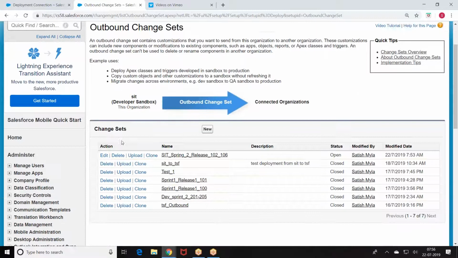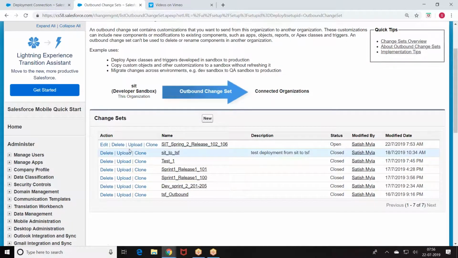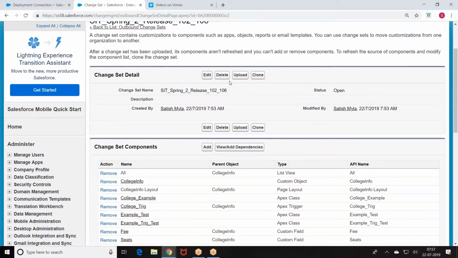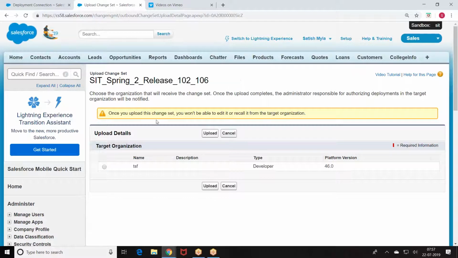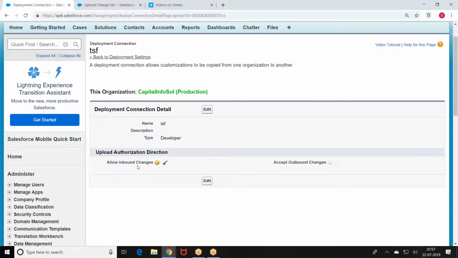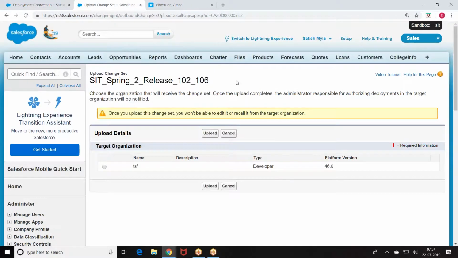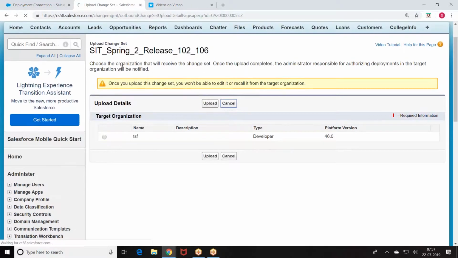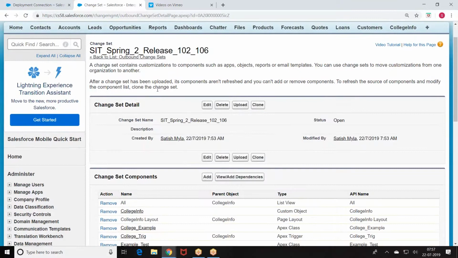Now, DSF, allow inbound changes. Still the changes are not replicated here. What is the sandbox?